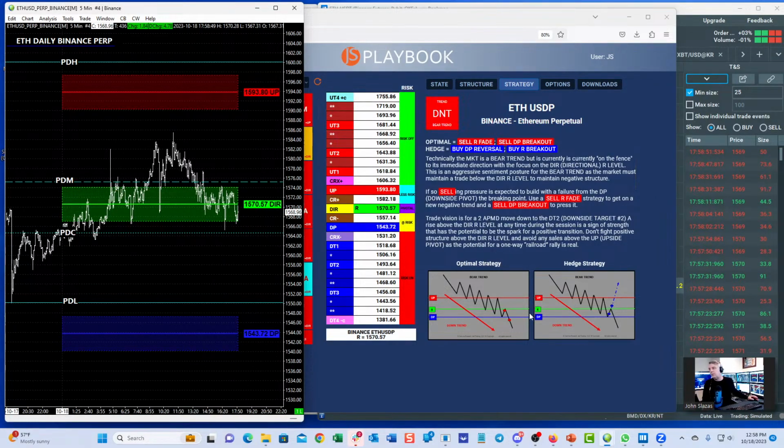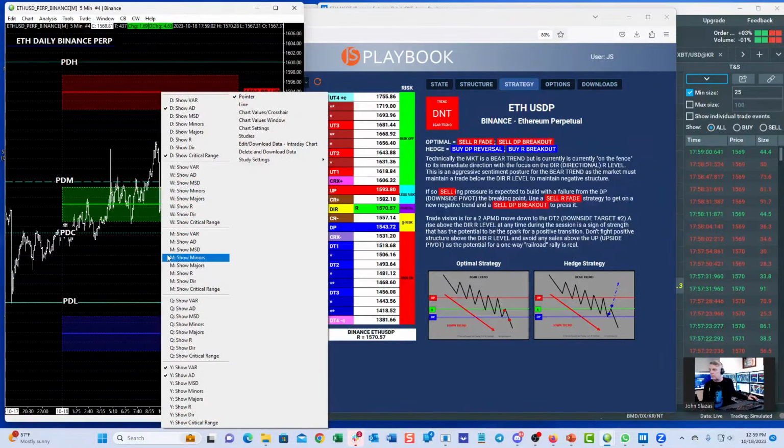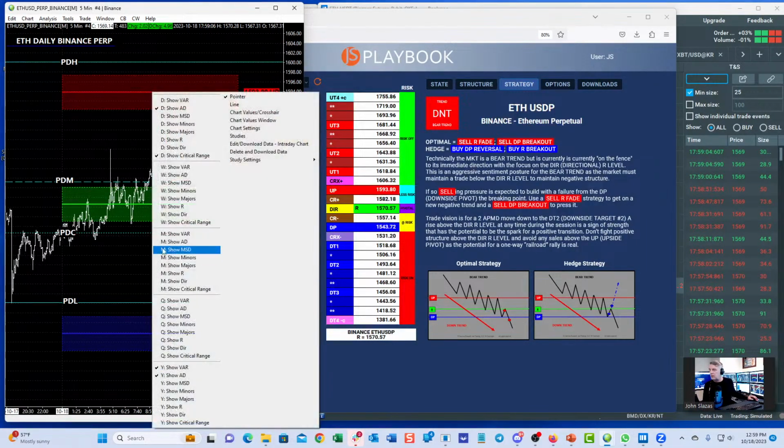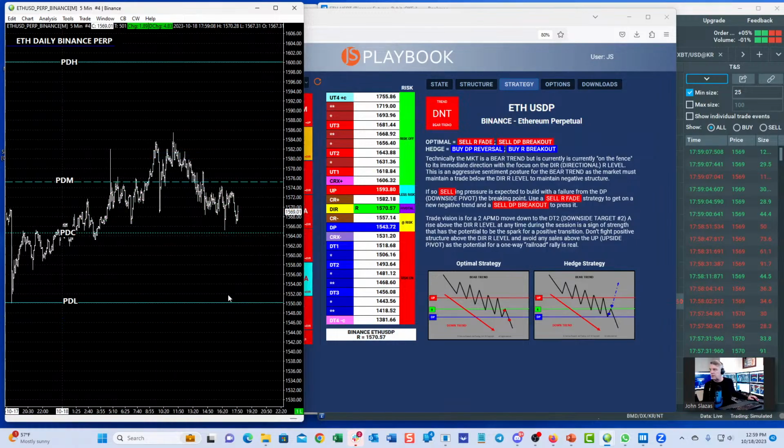So this is something that I posted in the Discord channel, talking about the CR rotational trades. Before we get into that, let's go through this quickly, just to see the strength of this stuff. So previous day's high, previous day's low, the previous day's close. We got our midpoint. What's happening with the market?